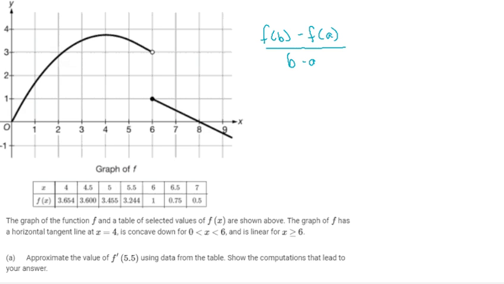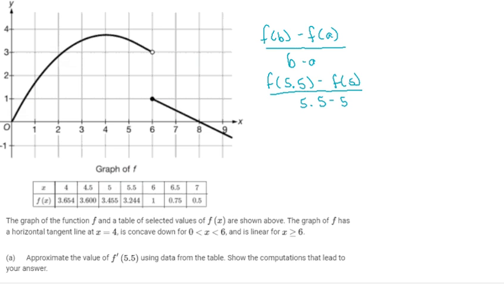And I don't remember if this one said we're allowed to use the calculator or not. But anyway. Now, since we try to approximate the value at 5.5, we want to use f of 5.5. That looks way off. All right, that's better. Minus f of 5 divided by 5.5 minus